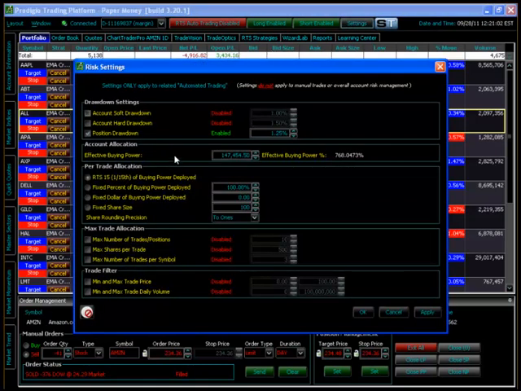In addition to drawdowns, you can limit the amount of allocation in terms of buying power. For example, you can say effective buying power, that's the amount of buying power that the system is going to use for robotic trading. You can set an upper bound here by a dollar amount, and you can really toggle this up and down, and this number is quite simply going to be an upper bound for the amount that it's going to be limiting. You can also specify a per trade allocation, which is going to limit